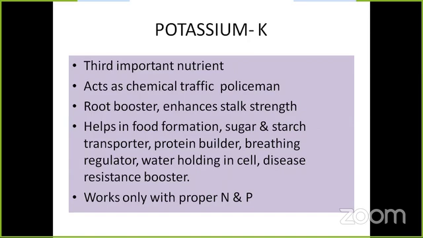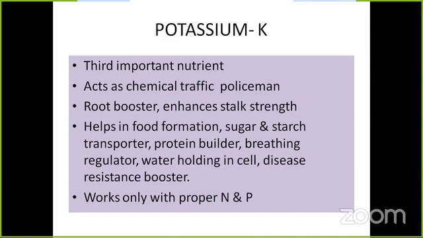So, this potassium boosts root development, root booster, and enhances stalk strength. Means the stem will become stronger. Helps in food formation, that is carbohydrate, sugar, and starch are the carbohydrates. So, this potassium, if it is there in right quantity, sugar and starch are manufactured by the plant. And it also helps in transportation, protein building, breathing regulator, water holding in the cell, and it also enhances disease